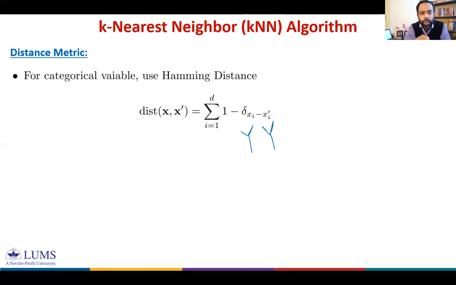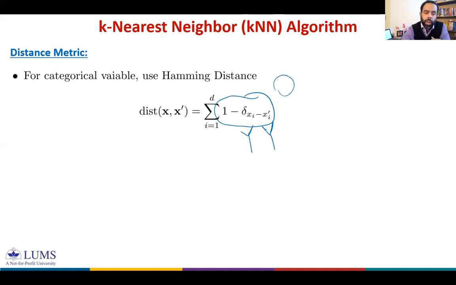So when these both are yes, the delta would be, remember, the Kronecker delta or discrete impulse function. When these two arguments are the same, delta subscript 0, that is the value 1. So 1 minus 1 would be 0. So this term would be 0. So there is no distance between these two